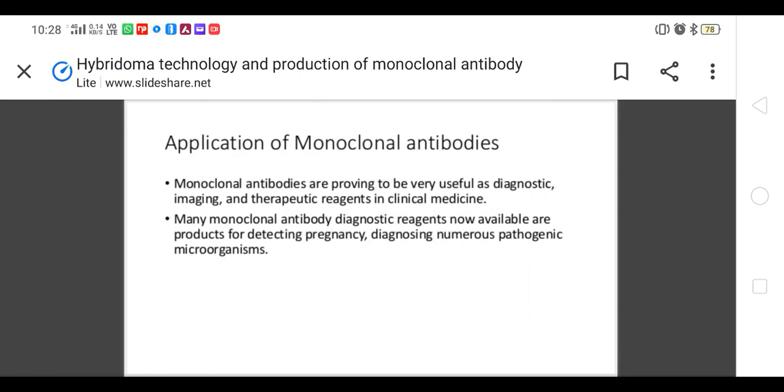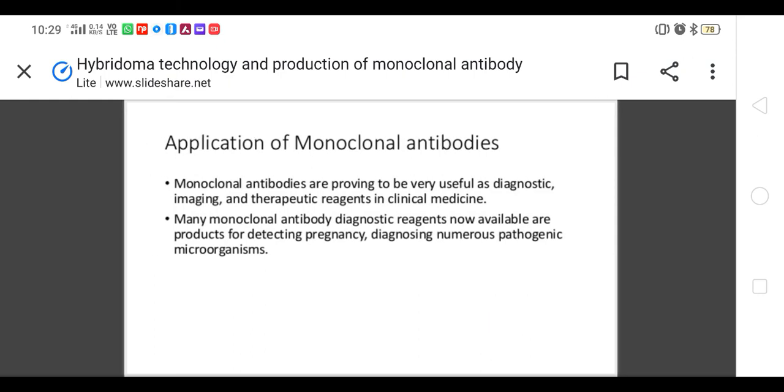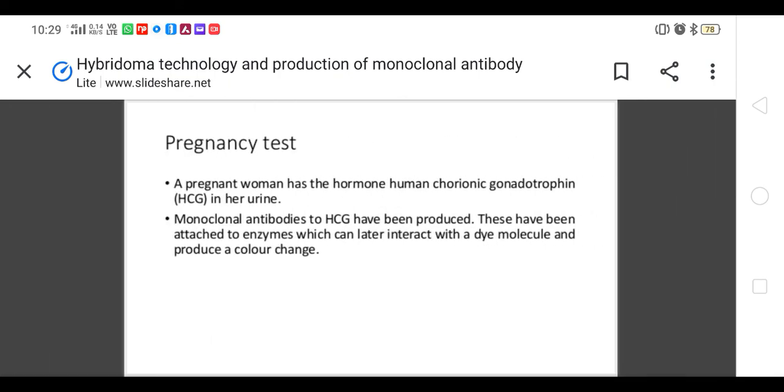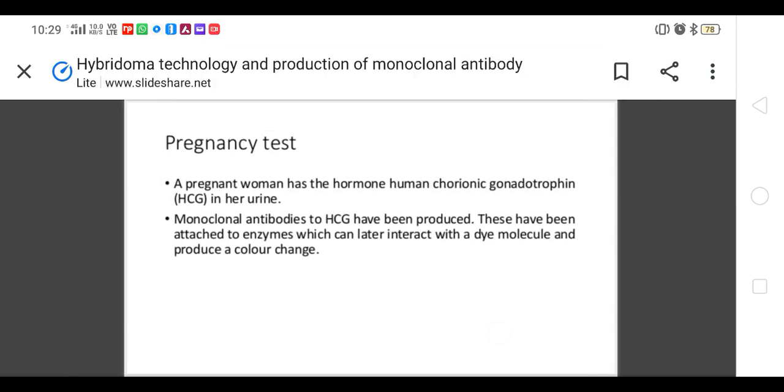Okay. Now the application of monoclonal antibodies is that they provide very useful diagnostic, imaging and therapeutic reagents in clinical medicine. Many monoclonal antibody diagnostic reagents now available are products for detecting pregnancy and diagnosing numerous pathogenic microorganisms. Now in the pregnancy test, a pregnant woman has the hormone human chorionic gonadotropin in her urine, right? If the woman is pregnant, she has the hormone human chorionic gonadotropin in her urine. Monoclonal